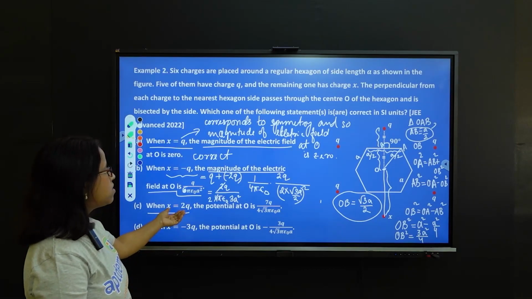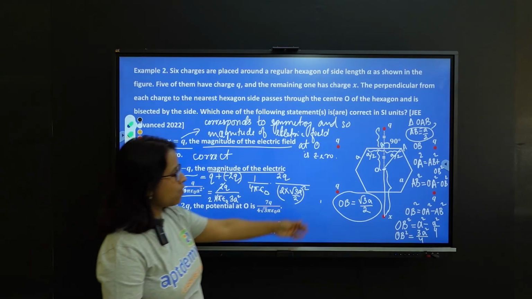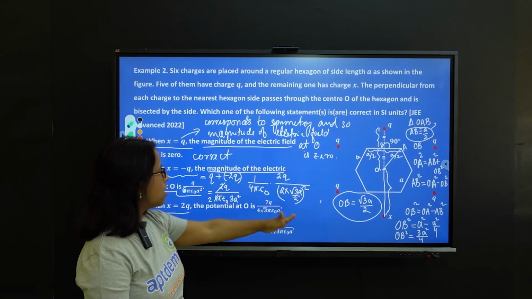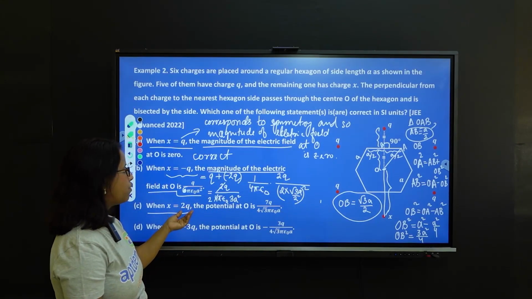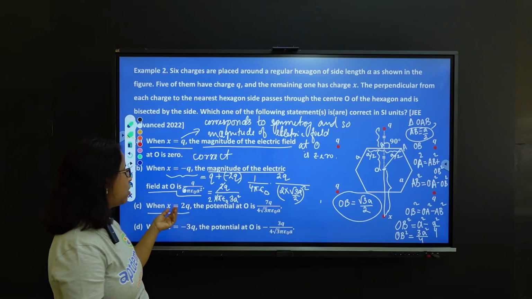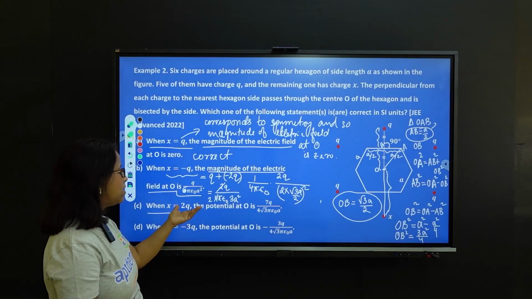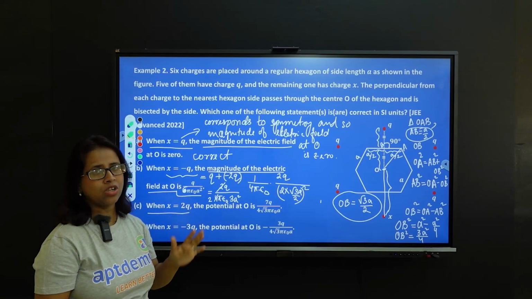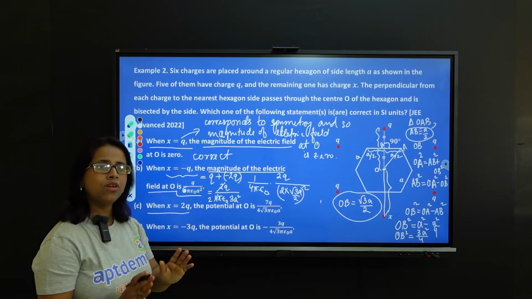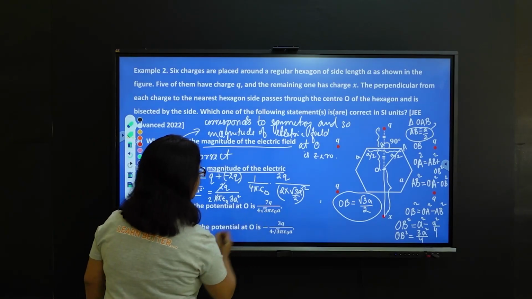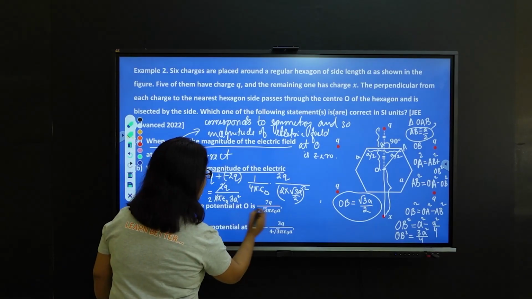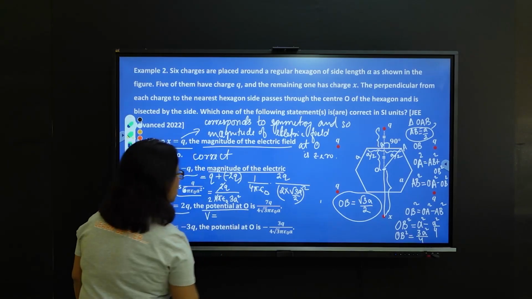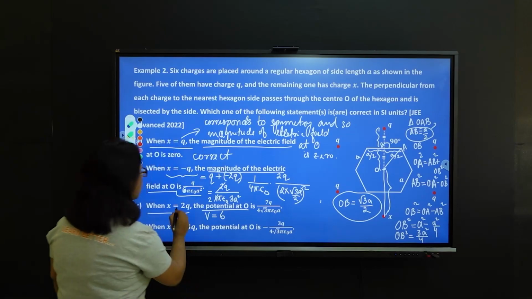Now here, x is equal to 2q. So just have a look at the figure. We had 5 charges and then x is a combination of another 2 charges, that is q plus q. So ultimately the potential at O will be due to 7 charges of magnitude q each. So if we take note, we have this as potential at O will be V equals